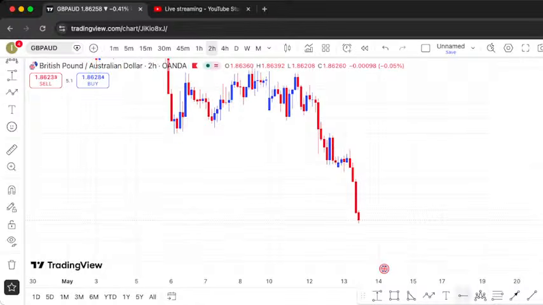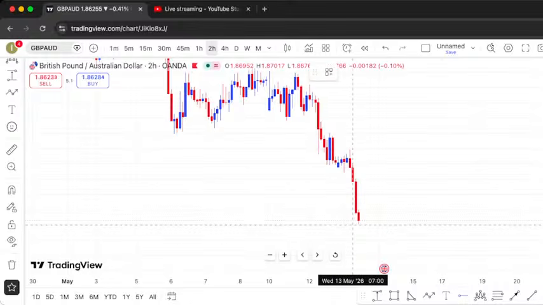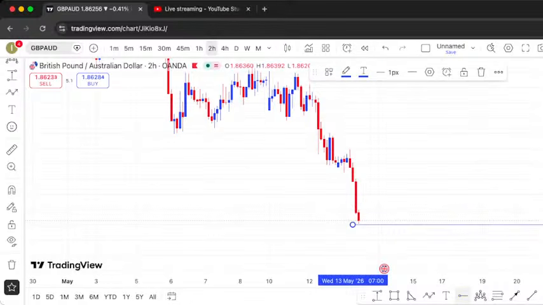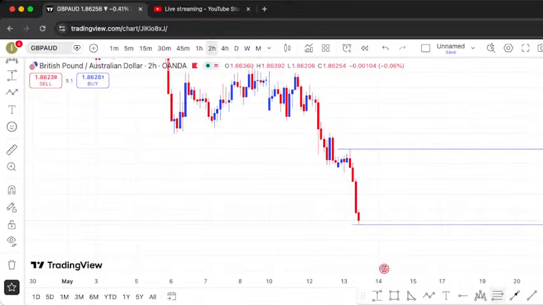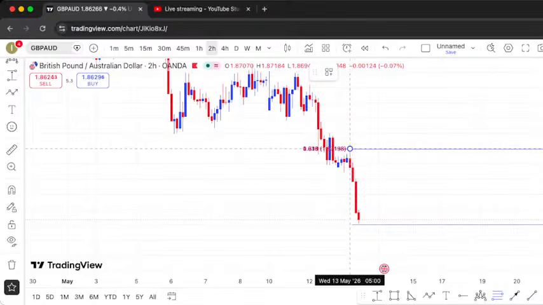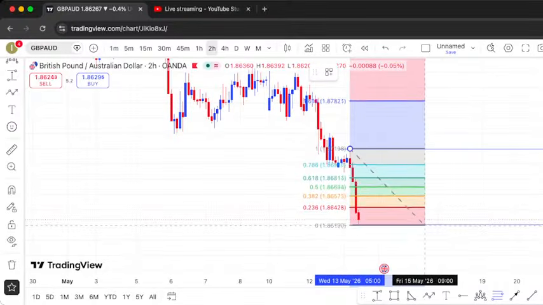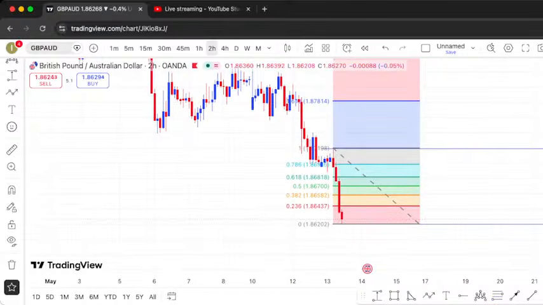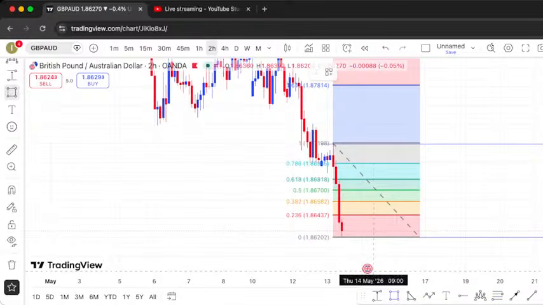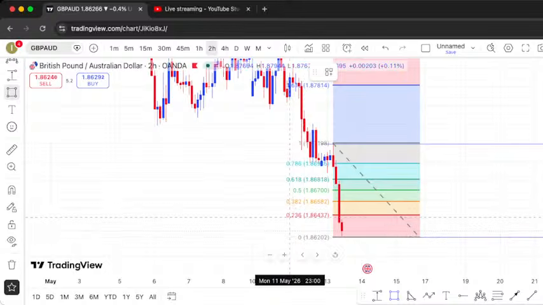Take out your horizontal ray, mark the recent low where the market has been. Now mark your recent high where the market has been lastly. Now using fib, you take the fib tool on your TradingView. Tap from the recent low, the recent high, and then drag down all the way to the recent low, and mark your area of interest, which will be 0.5, 0.6. So we have 0.1 here, 0.2, 0.3, 0.5, 0.6, 0.7, and then 1.